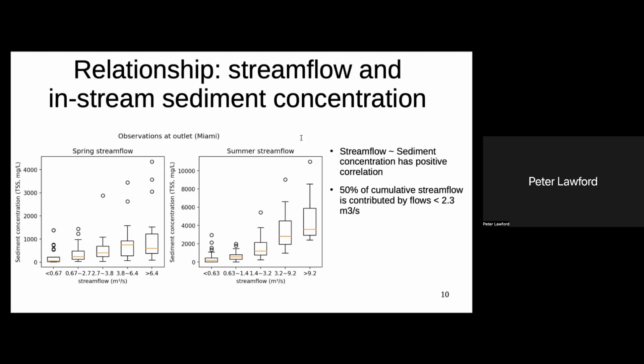It looks like higher stream flow will give you higher sediment concentration, both in the summer and in the spring. But it's also important to recognize that these two seasons seem to have different behaviors. And I guess if you know the physics, you would expect that they would have different behaviors,